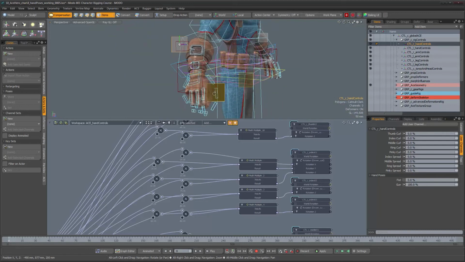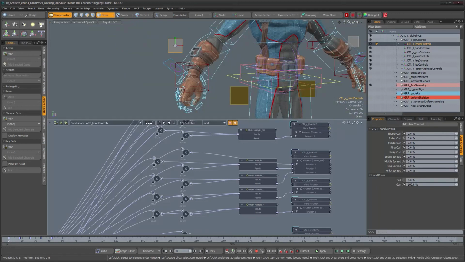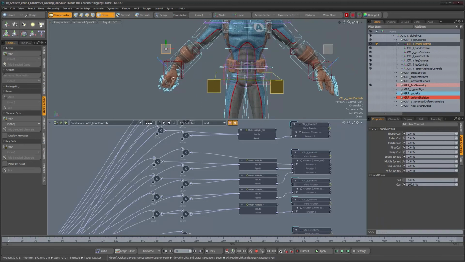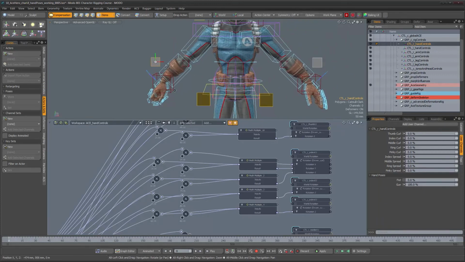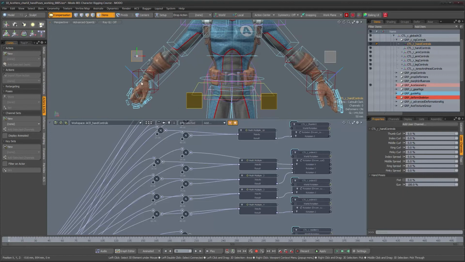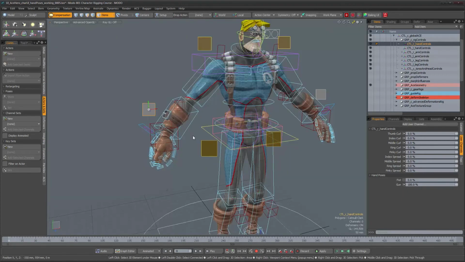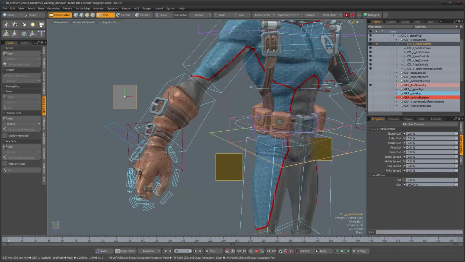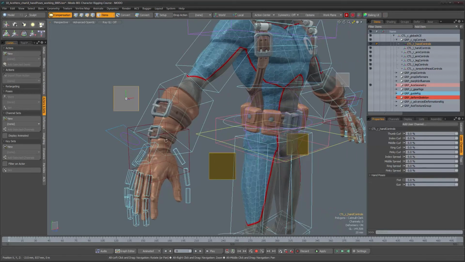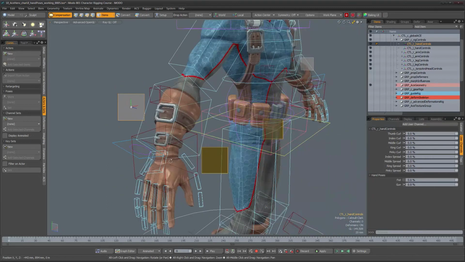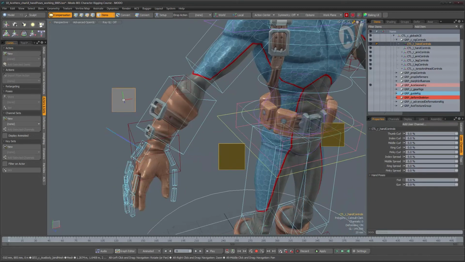So that's pretty much it. That's all that remained for us to do for this character. I hope this has been helpful in terms of getting to have better controls for the hand that allow it to be easily animated. As you can see, we now have per finger control and also some general hand poses. So that's pretty handy. The only thing that remains is to, of course,